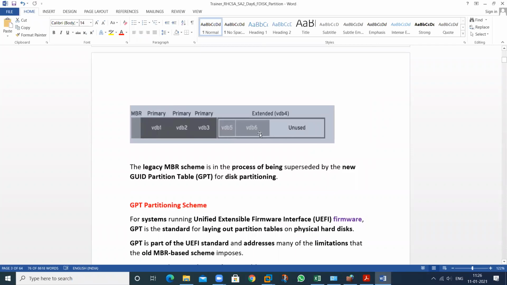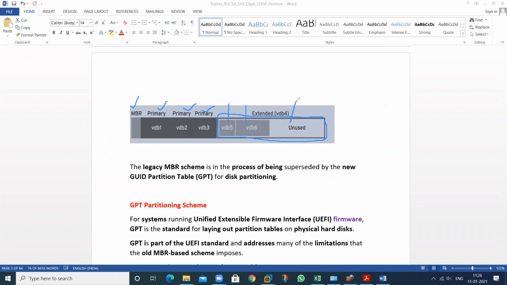So we can create MBR. This is the first partition. This is primary partition. This is again primary. This is again primary. And this is the extended one. In this extended partition, we can create the logical ones. This one, again this one.